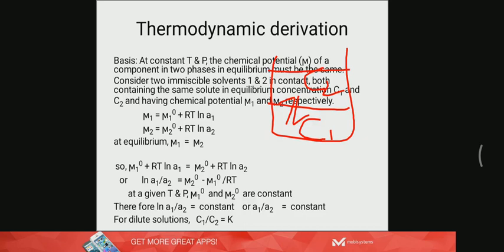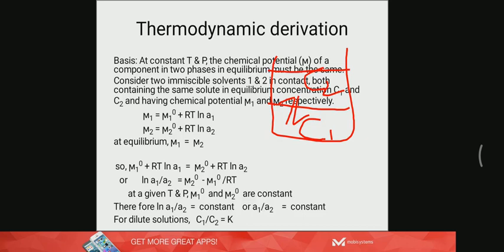Now, chemical potential of the solute in solvent 1, we can write mu1 equal mu1 0 plus RT log A1, where mu1 0 is the standard chemical potential and A is the activity. Similarly, we can write mu2, chemical potential of the solute in solvent 2, is mu2 0 plus RT log A2. Now, at equilibrium,